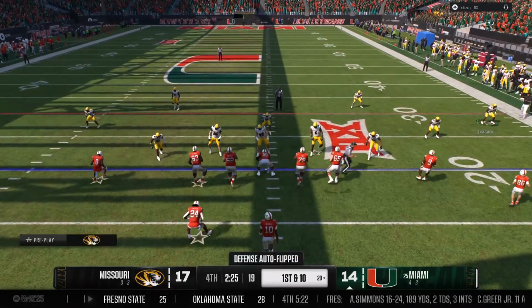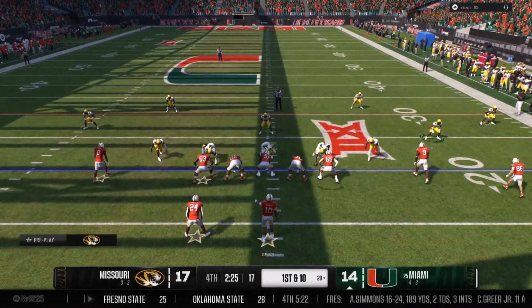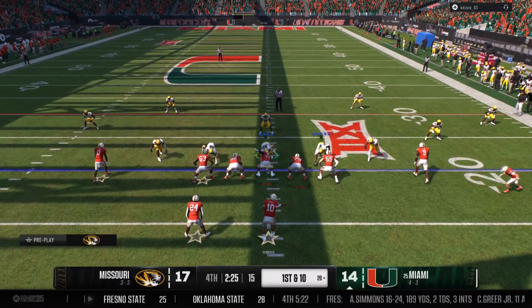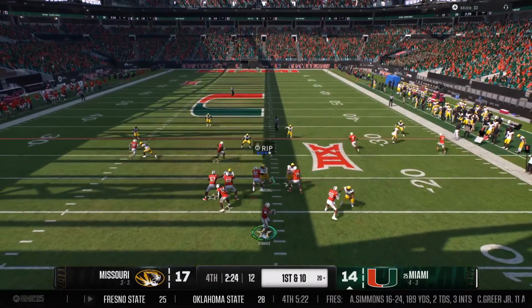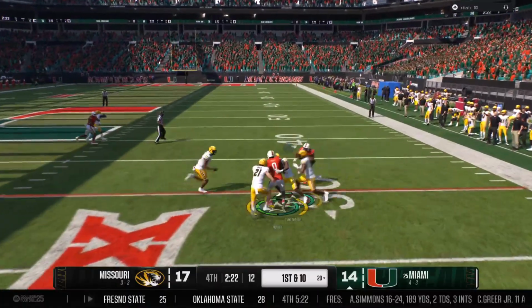Here comes the Hurricane offense looking to gather a little more strength. They just didn't quite find the rhythm on that last drive, Jesse. They had to punt it. I think they got to be more physical, David. I think up front they got to do a better job of getting...